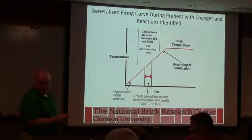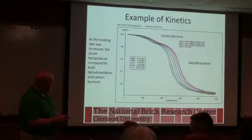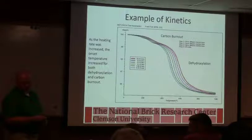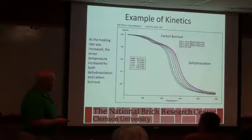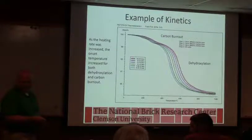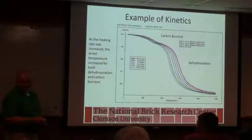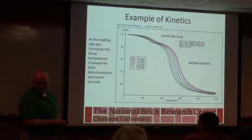So that last graph that you were showing, the carbon, is that why, when we do our moisture readings and take bricks out of the dryer, we don't go over 400 degrees? Because you don't want to start to burn the carbon, and that'll change our weight. Well, I don't think your dryer's designed to burn carbon. No, we have a little oven that we stick the bricks in to check to make sure all the moisture's out. We have had places where they get the dryer too hot and it starts to burn the carbon. It was messing our readings up. We were getting like 0.8, and I was like, that can't be right. The book says 400, so we took a...